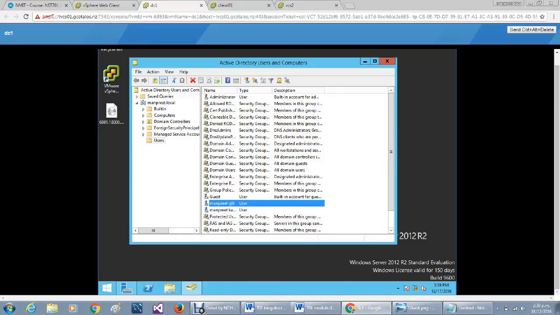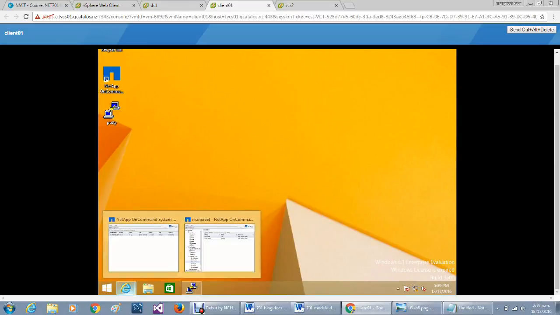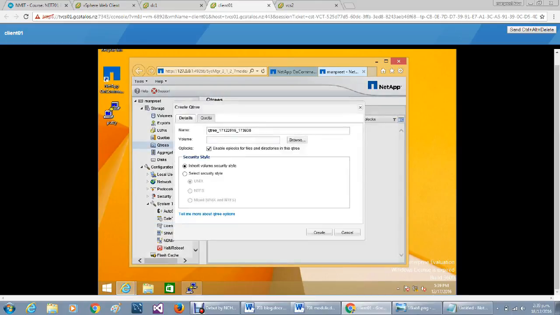Now I am going to create the qtrees. For this, I am again going to my client and then going to my NetApp manager. Here I click Storage, then Qtrees. Now click on Create.